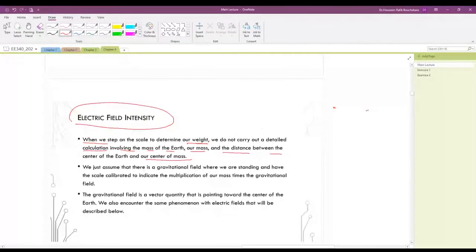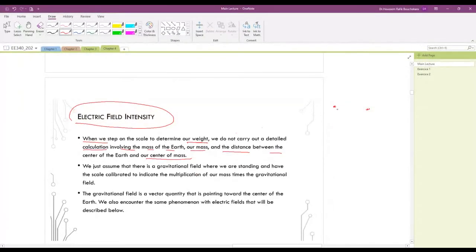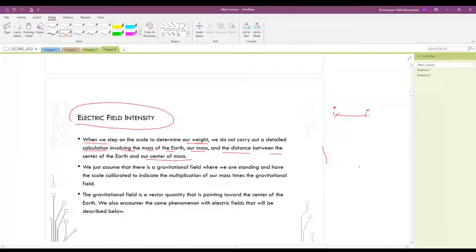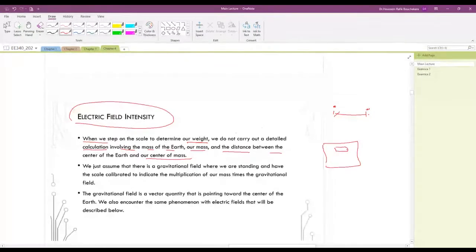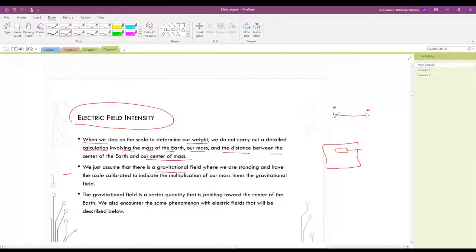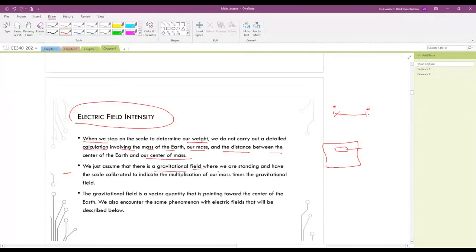ترى Coulomb's law نفسه ممكن يكون between الجاذبية، مثلا your body and the earth. فالشاهد إذا طلعت أنت على ميزان on a balance you just get your weight، صح؟ ما تحتاج تحسب المسافة بينك وبين الأرض والكتلة حقك وحق الأرض. طيب، نفس الشيء حابين نسويه بالنسبة للelectric field. Okay, we just assume that there is a gravitational field. تعرفين الgravitational field صح؟